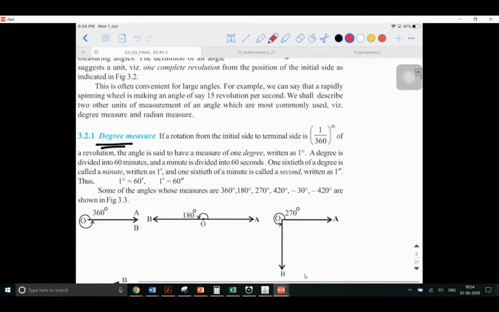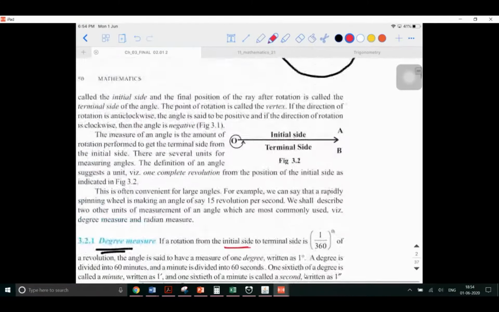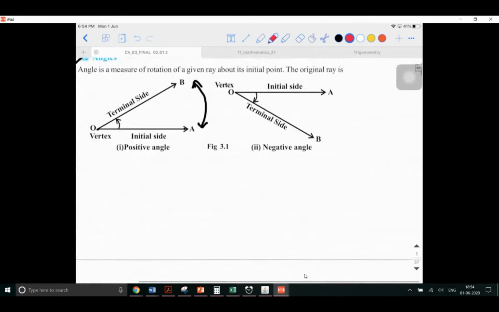See, observe here. If you're measuring something in degree, if I want to define what is 1 degree, it is a rotation from the initial side to the terminal side. Let us understand what is the initial side. So initial side is the starting actually. Again, it is like vectors only. Initial side to the terminal side. So one more point I want to stress actually. If you put an arrow mark like this, we call it as counterclockwise rotation, CCW. Or you can also call it as anti-clockwise rotation. They both mean the same.